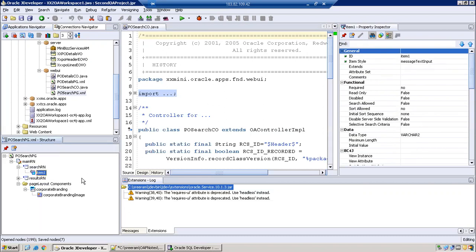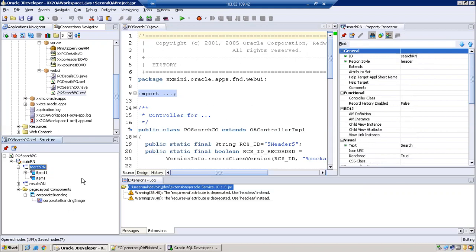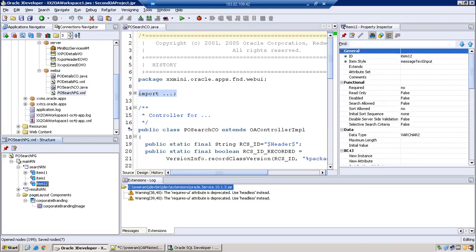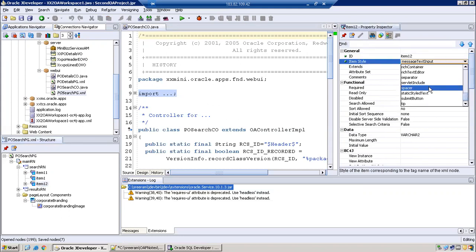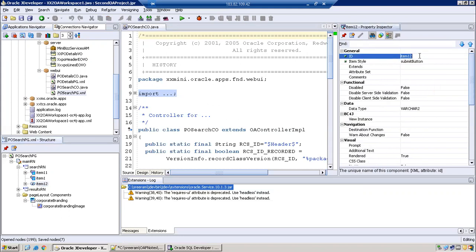I will have two items, PO header ID, searching based on the PO ID as well as the PO number. And similarly, we require one more item, a submit button for performing a search. I will name this one search BTN, and name it search.